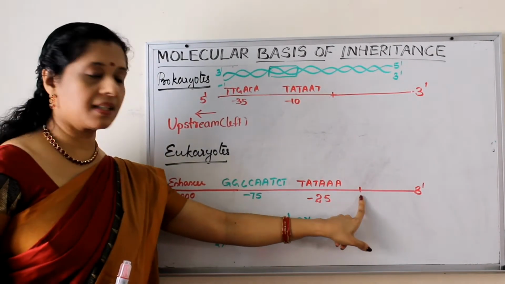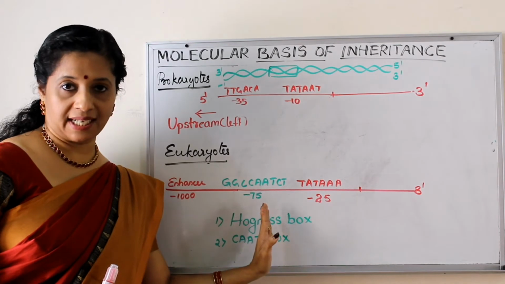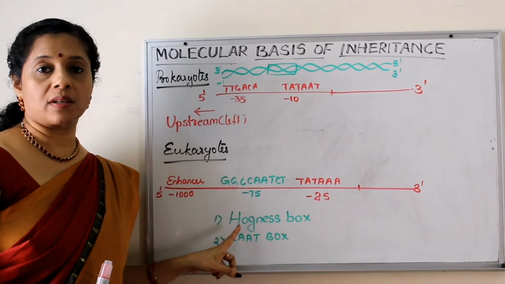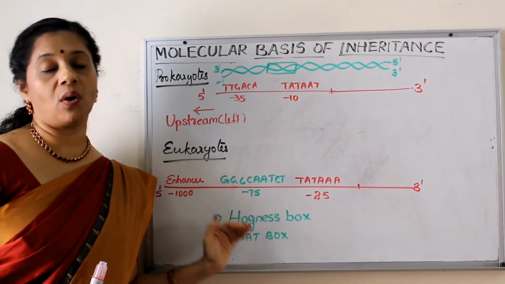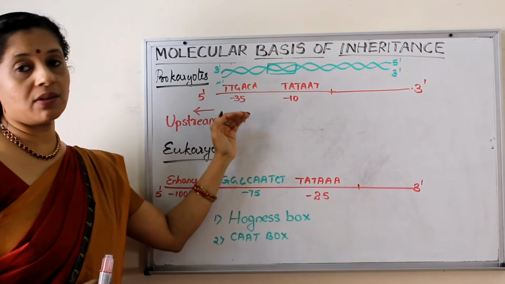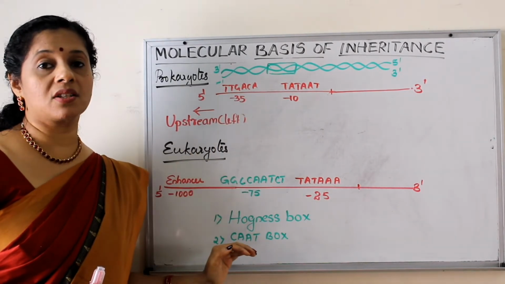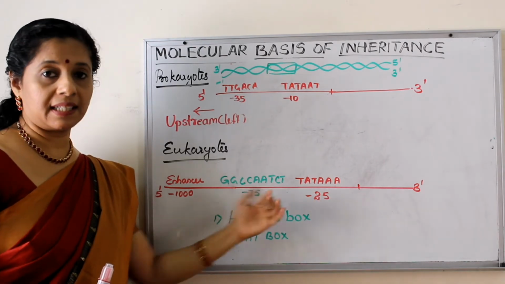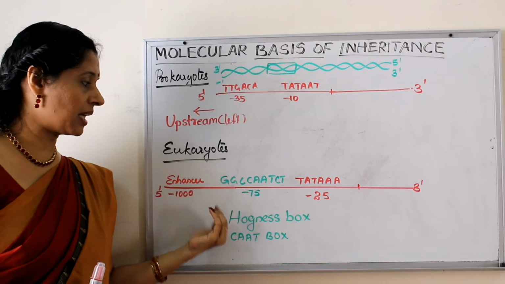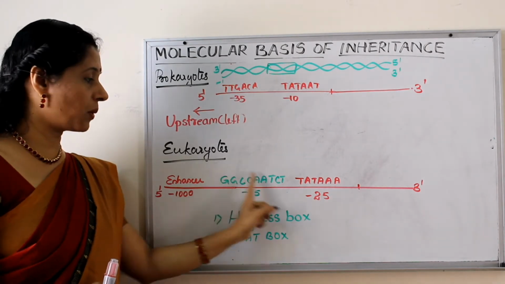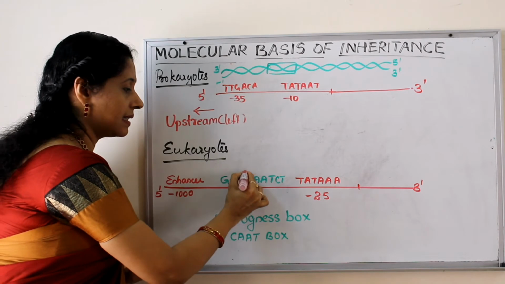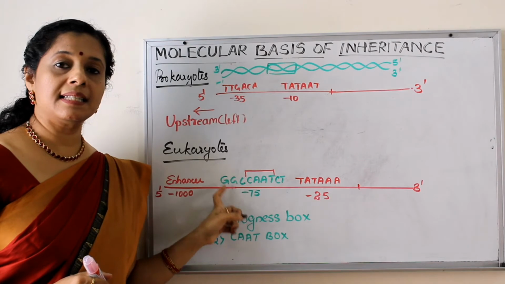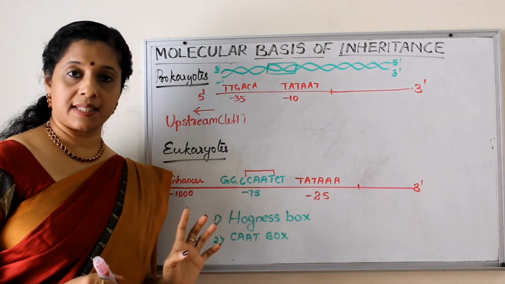If you look at the promoter site in eukaryotes, there are a few differences. So here also, if this is the starting site, 25 nucleotides away is Tata box present. Here, Tata box is called a Hogness box in honor of the scientist David Hogness who discovered it. So in prokaryotes, it was called Pribnow box. In eukaryotes, it is known as Hogness box. Okay, so then after 75 nucleotides upstream, there is another box with a sequence, but if you look only at this, it is called a CAT box. So we call it as CAT box, but the sequence is this. These 2 are the promoter sequences.